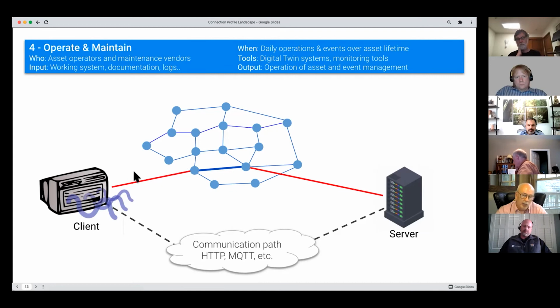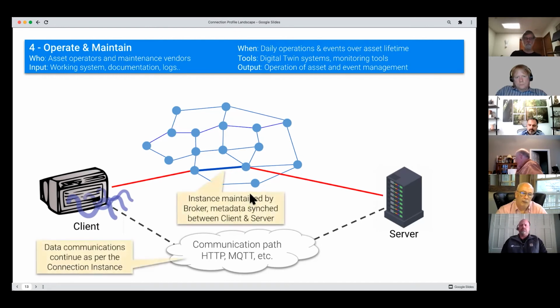The metadata link is being continually monitored by the twin over the life cycle of the twin and of the building, right? So that it is in constant communication with both the client and the server, so that if something changes at one end or the other, for example, the server may go through maintenance and end up with a URL change, right? That would break this communication path because the APIs on the other end wouldn't know where to communicate. But with connection profiles, the server can just tell its virtual representation that the URL is new. It then distributes it to this client and maybe a whole bunch of other clients, and communication can continue